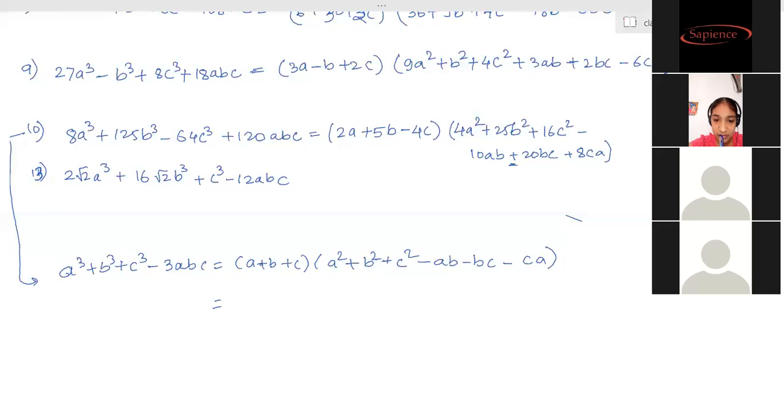You don't know how from 8a cube you got 2a when you have written the full identity. Ma'am, 8a is 2a cube. A simple identity that you also need to copy from another place. Simple thing is there. This is a cube, that means a cube is 8a cube. Whose cube is that? You have to find out. Why do you need to check the textbook?